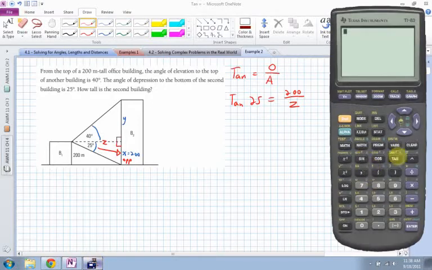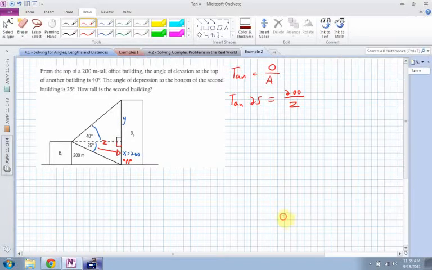Tan of 25 degrees is 0.466, so I get 0.466 is equal to 200 divided by z. And then in order to solve this, usually what I do is I switch the place of the z and the 0.466. Some people, what they do is they multiply by z and multiply by z. So they get like